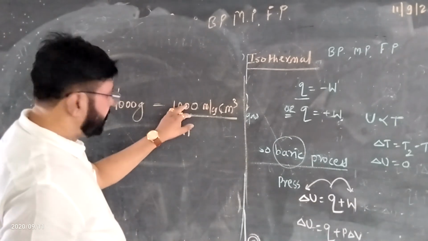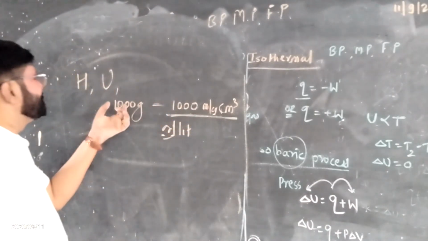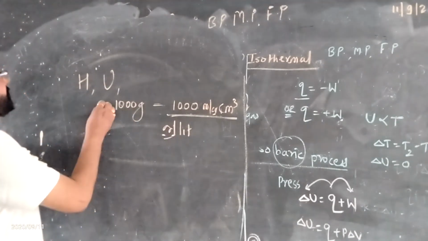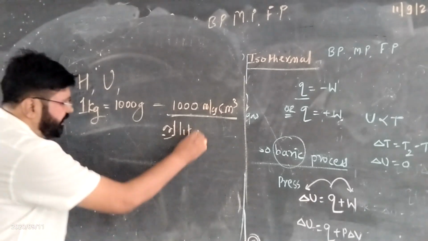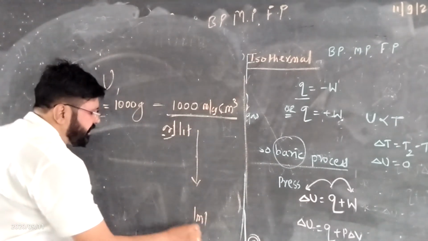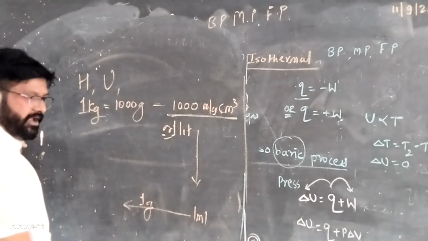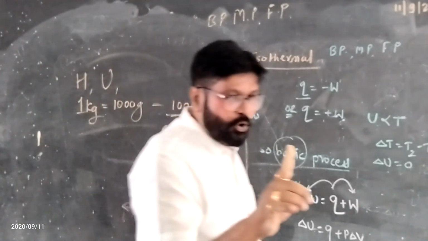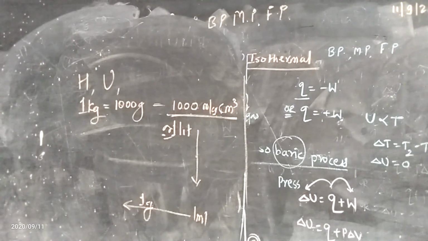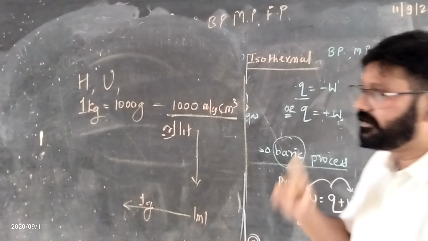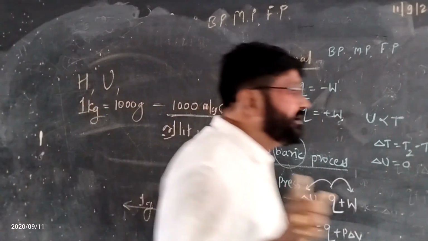Therefore, 1 liter of water has a mass of 1000 gram, equal to 1 kilogram. Similarly, for 1 ml, the mass of water is 1 gram, but 1 liter of water boils at 100 degrees Celsius. 100 ml of water boils at 100 degrees Celsius. 10 ml of water boils at 100 degrees